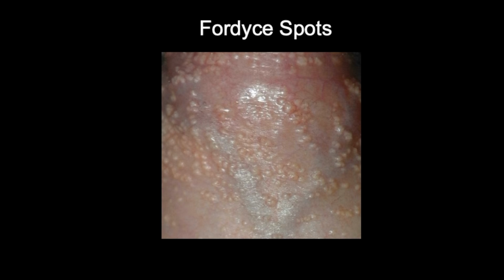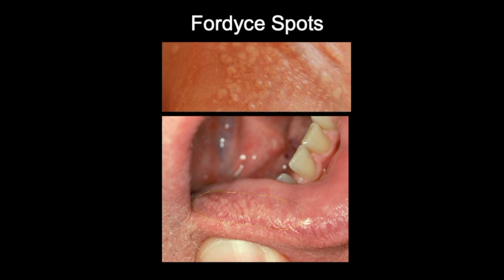However, these were Fordyce spots, and I'm going to give you some real-life clinical examples of these and lots of photographs over the next few slides. But essentially, as you can see in this photo here, we've got these raised little clusters of bumps. These are visible ectopic sebaceous glands, so essentially the oil glands without hair follicles. And they're usually located on the penis, however they can also be located on other genital mucosa, especially in women, and also in the oral cavity.